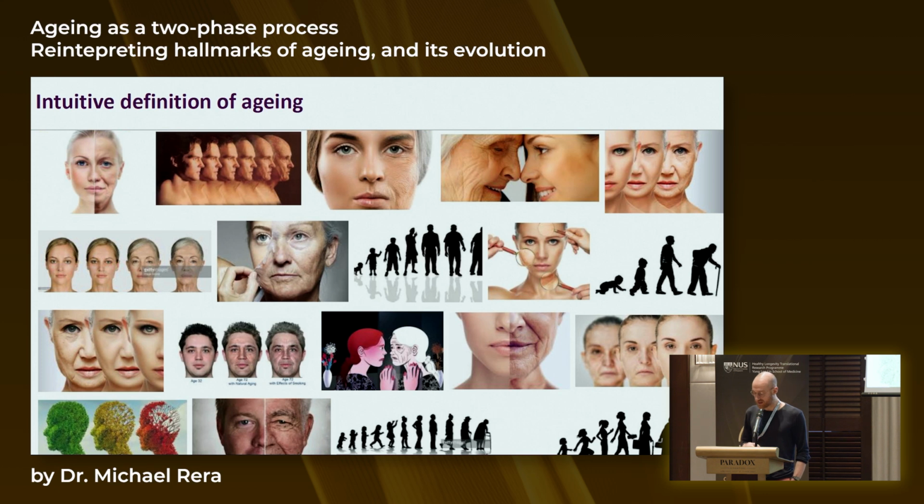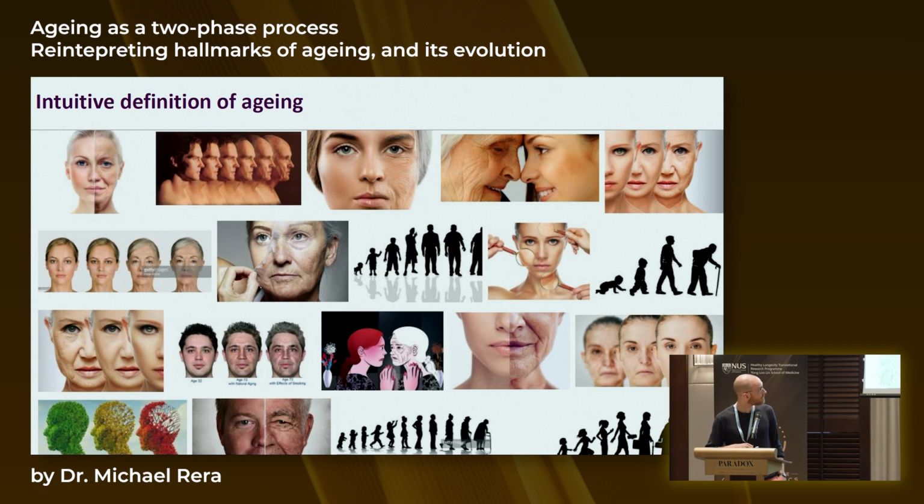And it's probably mostly based on an intuitive definition of aging that is represented here on this first page of Google search for human aging, where you actually see this notion of progressive and continuous changes, either here for the quality of the skin, the quantity of hairs on the head of that person, the ability of people to actually